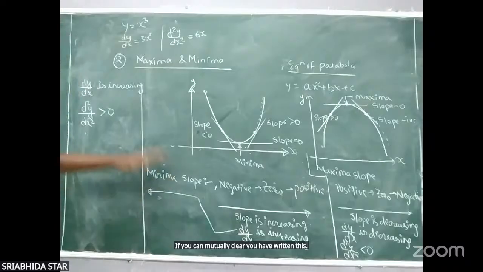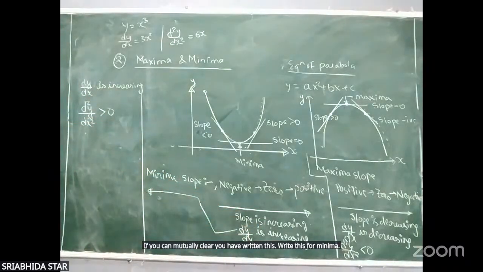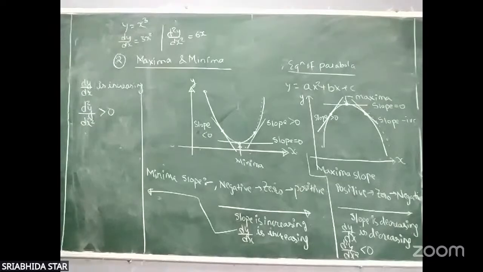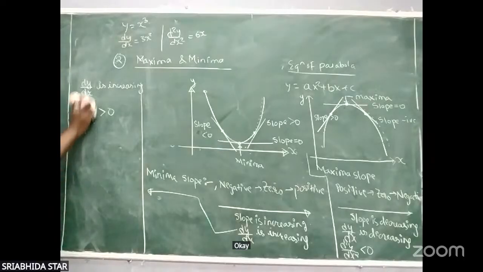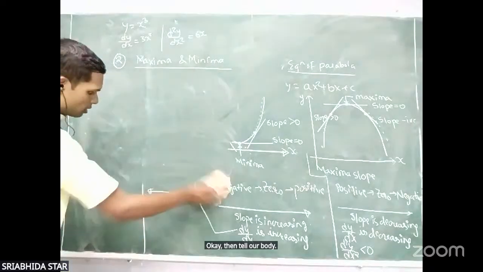You have written this, write this for minima and that is for maxima. ओके डन, चलो अब आगे बढ़े। सब हटा दिया यस।